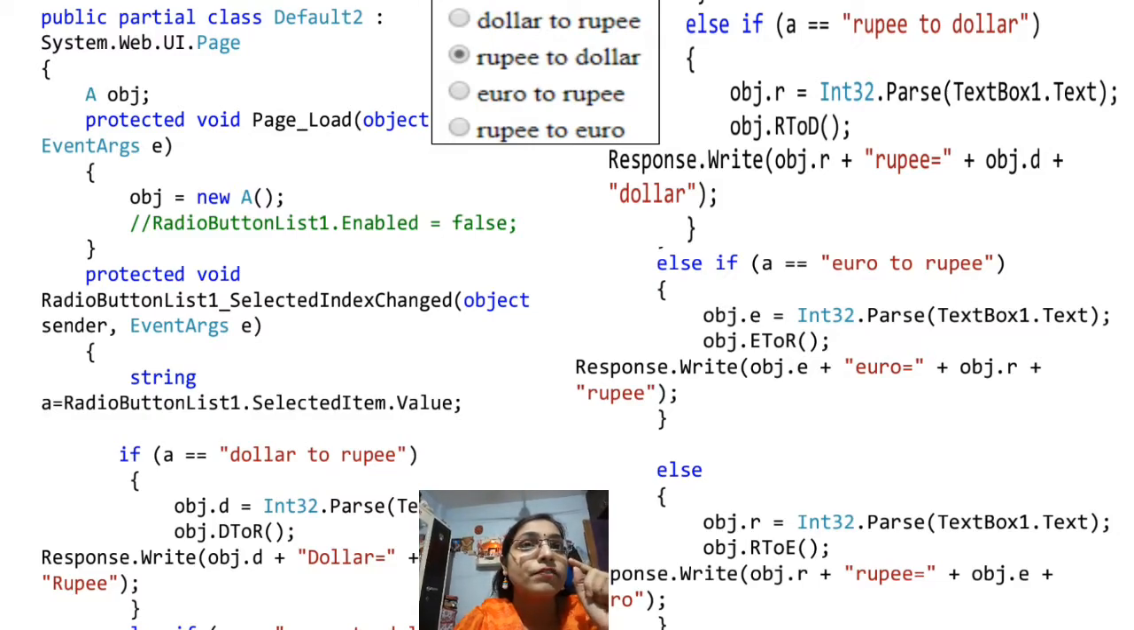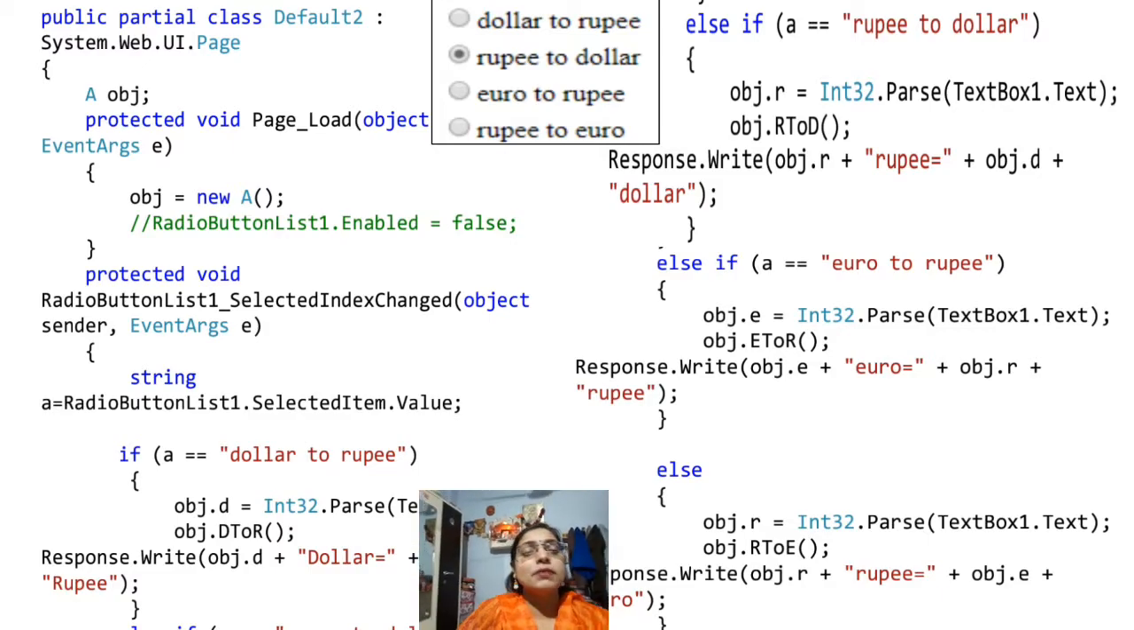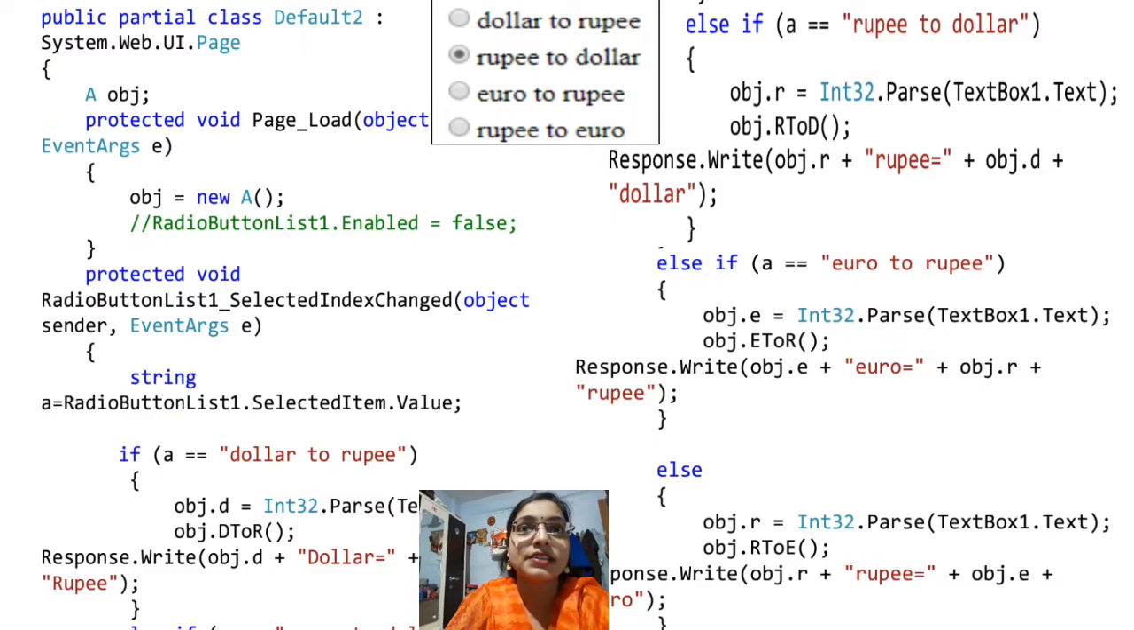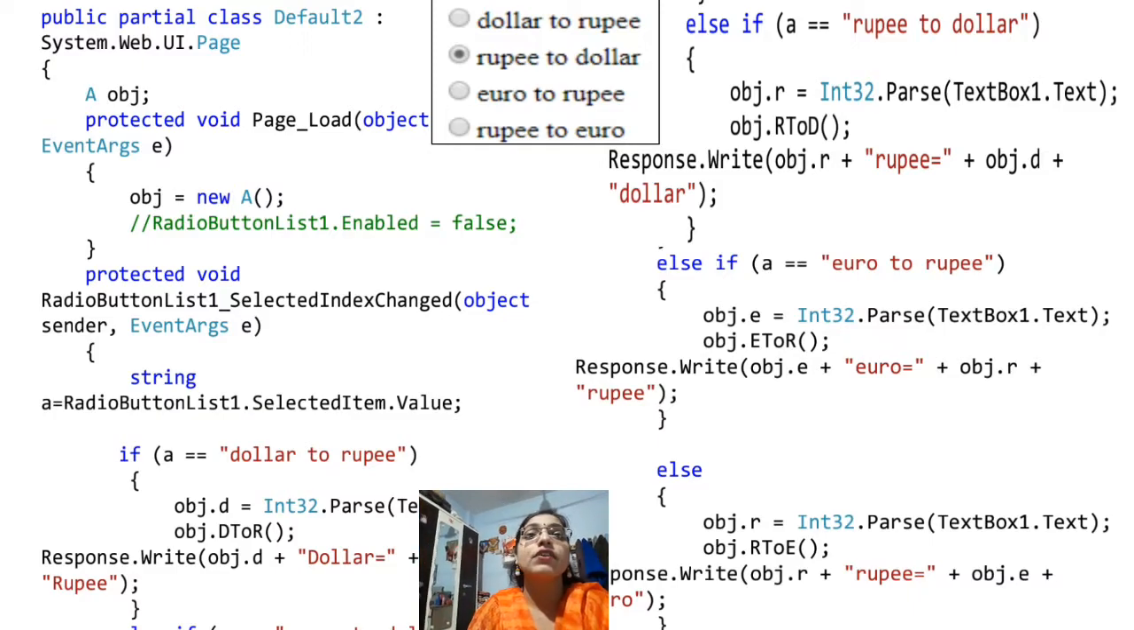So the first part, public partial class Default2, means that this is nothing but my Default2.aspx.cs page. The first line inside the class, that is before page load, I have written obj, which means obj is the object of class A. In page load we have declared a particular object. The first line is the declaration of an object, and the creation of the object we have done in page load. Or you can do one thing also, instead of declaring obj, just create that